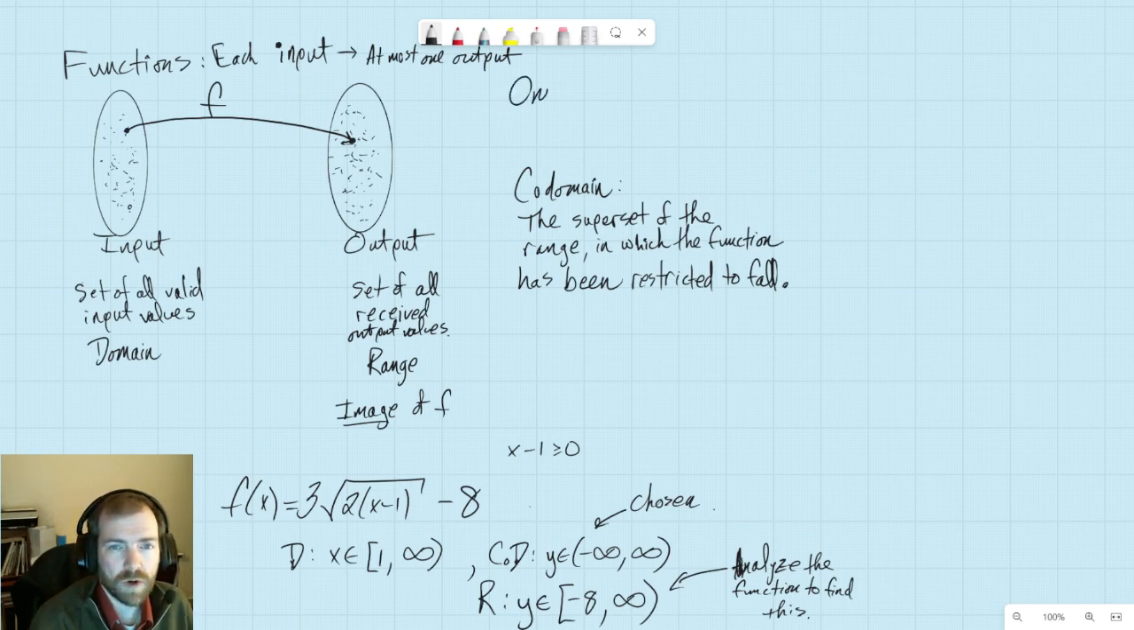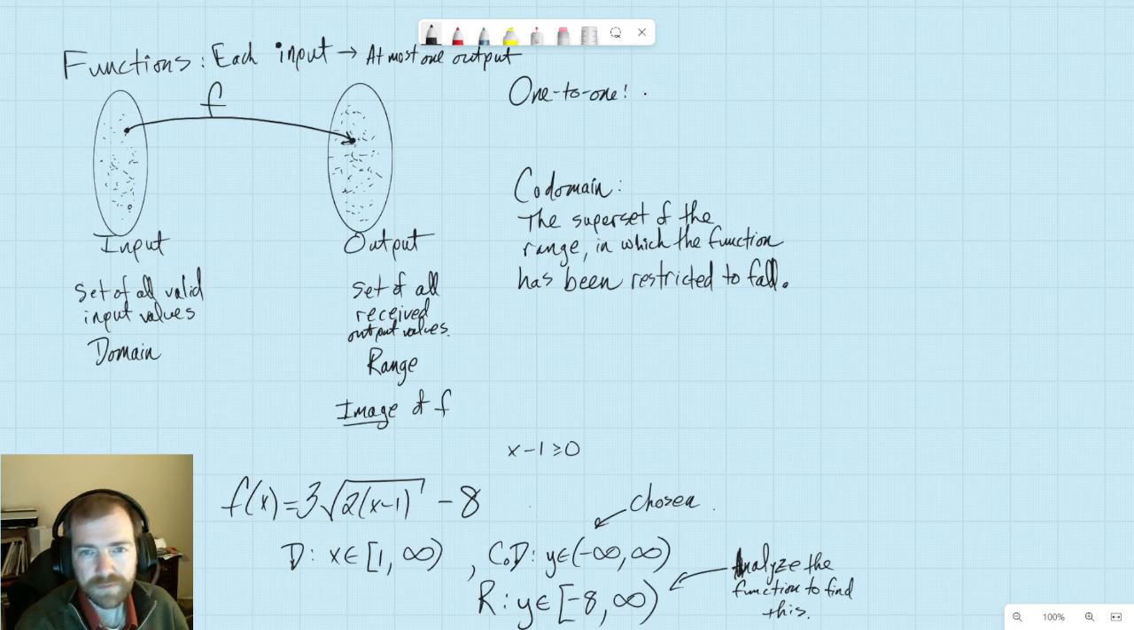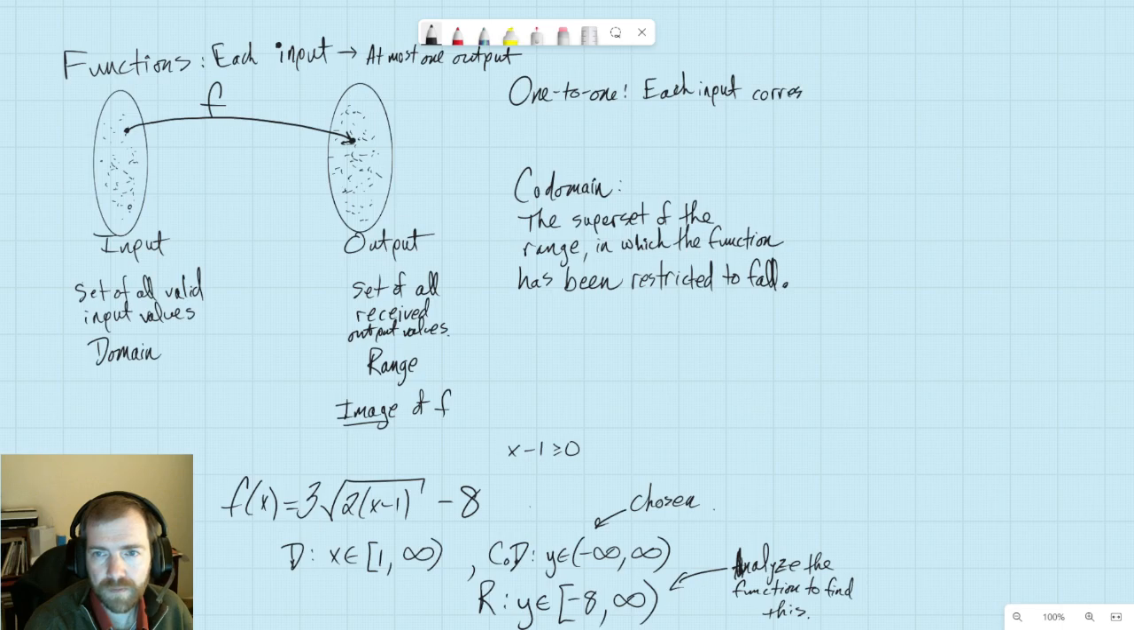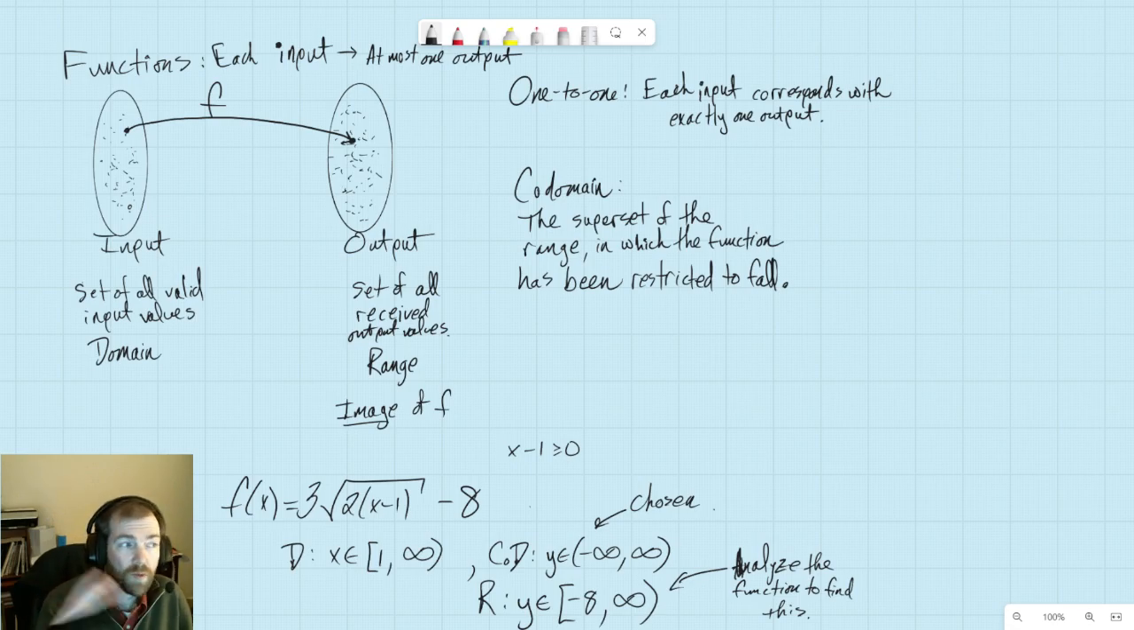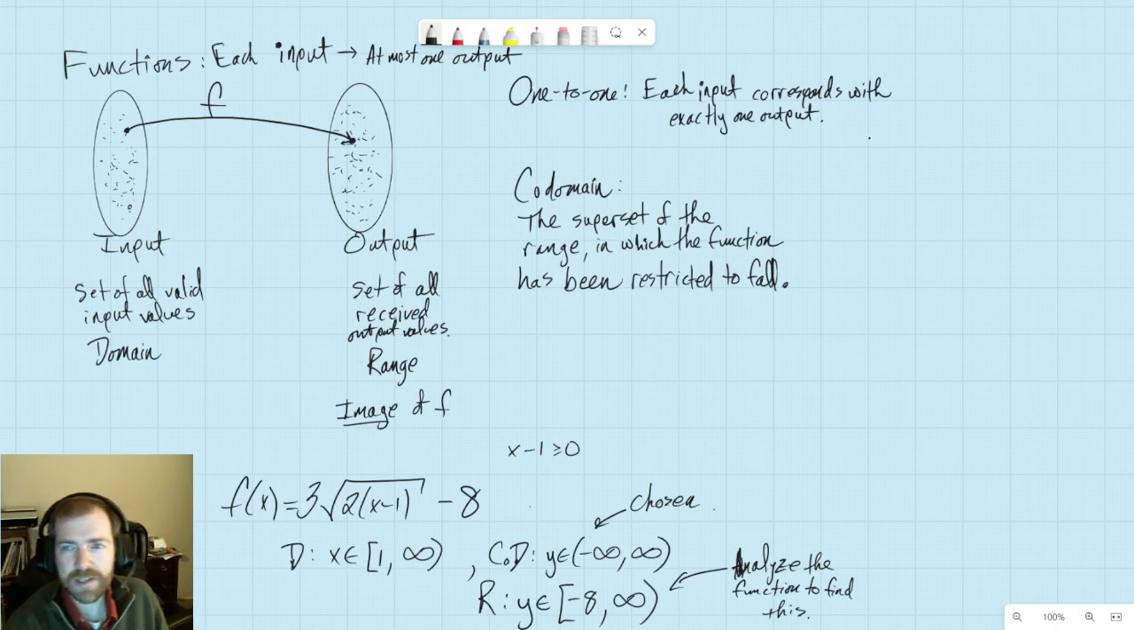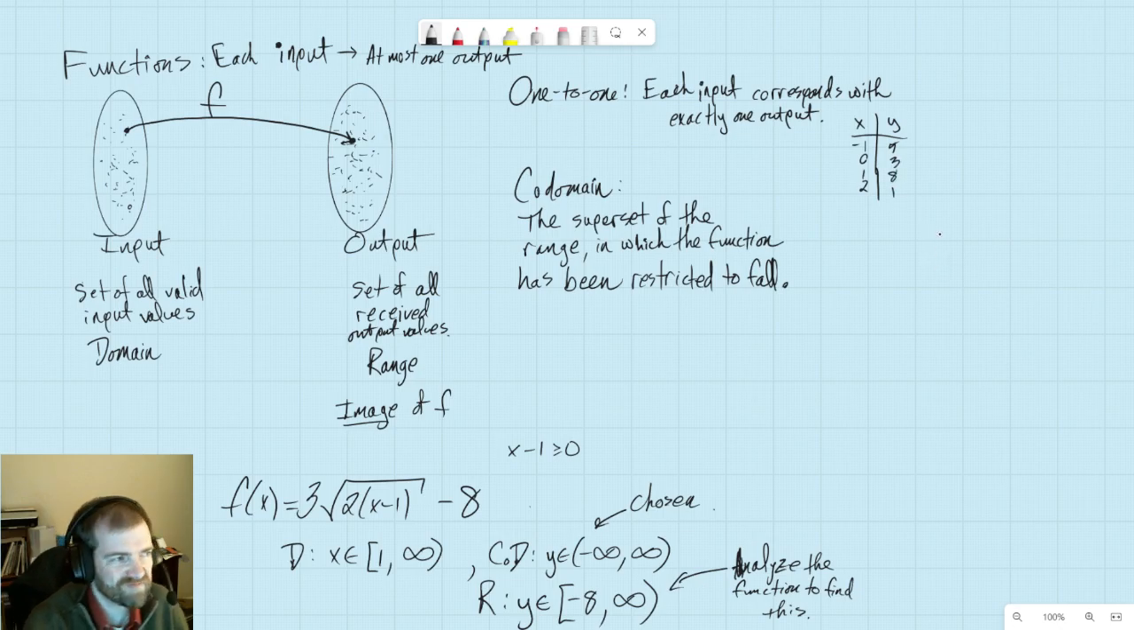Then, in order to be one-to-one, each input is going to correspond with exactly one output. Now, what does this mean? More generally, if you remember the whole functional inverse sort of thing, that means that we have to go both ways with this. So if we've got, like, negative 1, 0, 1, 2, or whatever, and then 5, 3, 8, 1, whatever you got over there, this means that in order to be a function, we can only go